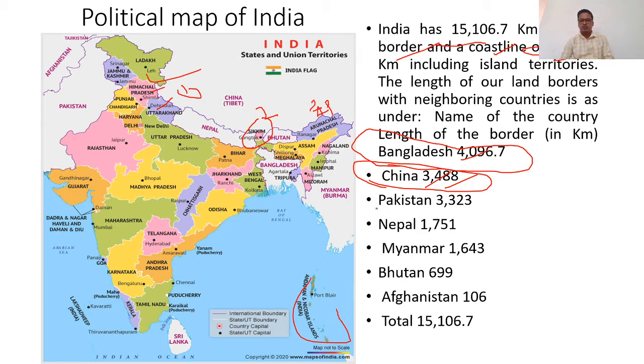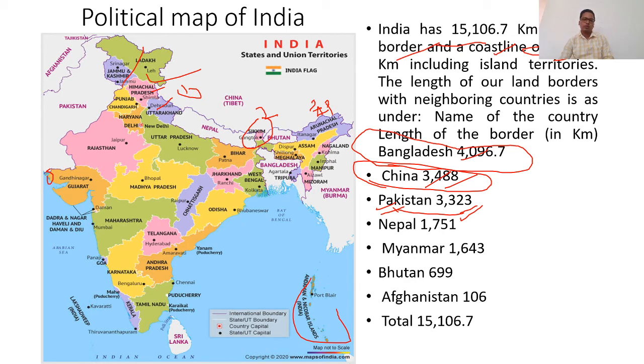Then comes our most friendly country, Pakistan. Well, not most friendly; one of the most important foes we have. The friends become foes, don't worry about that. Pakistan shares 3,323 kilometers of border on the western side of India, which starts from Sir Creek and ends in Indira Col. Though this point is not the international border, it is the Line of Control. The Line of Control is not part of the international border, you have to remember. The international border ends in Punjab itself.